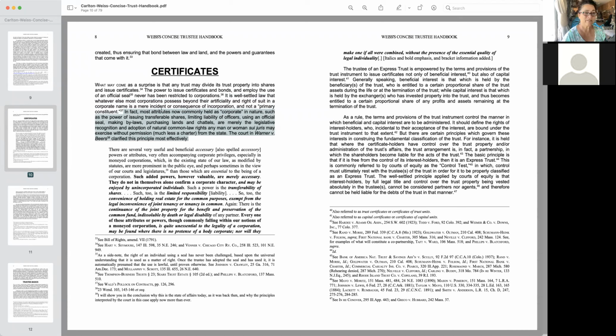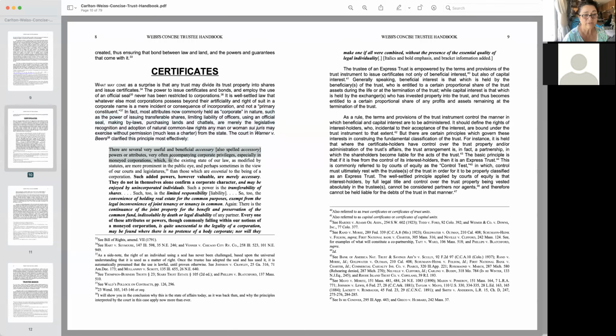So what that's basically saying right here about certificates is that any trust can issue property and shares. You don't have to be incorporated and you don't have to be part of the state. You don't have to have a charter. You can issue any. So right here, there are several very useful and beneficial accessory, also spelled accessory, powers or